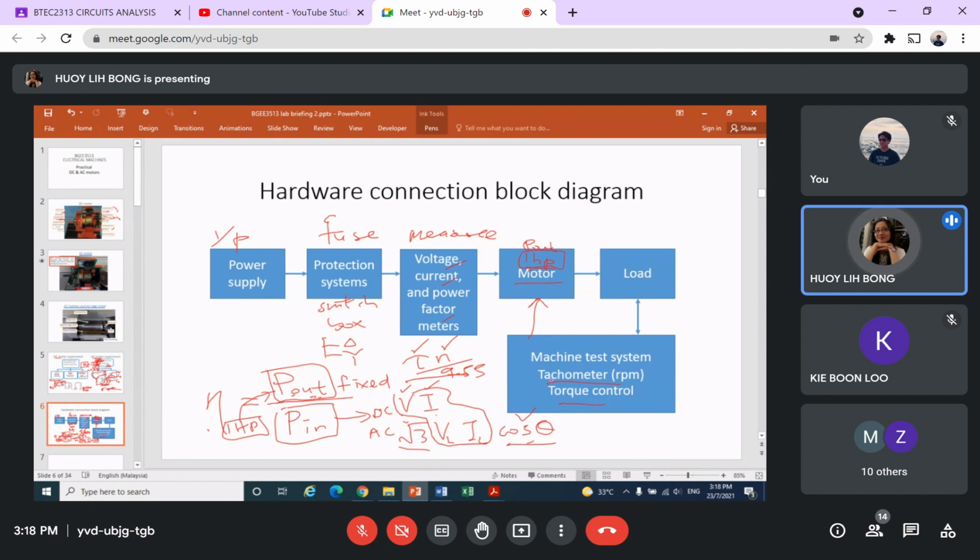To control the torque, of course, we need to have a load. So this control system is connected to the load, so that it controls the torque up or down, varies the torque, and then we can also read the speed here. So next,